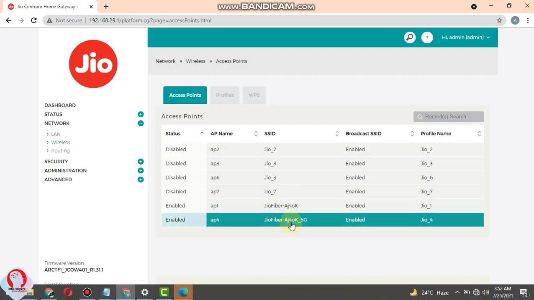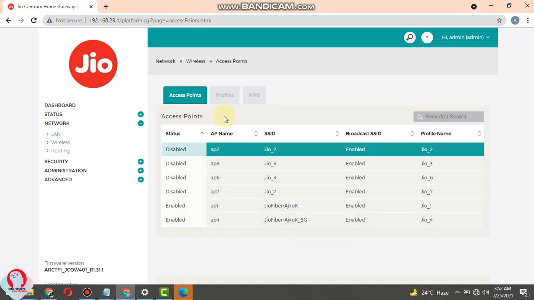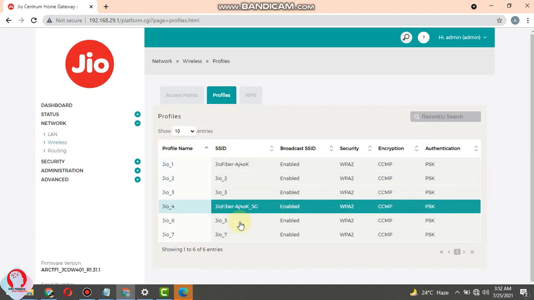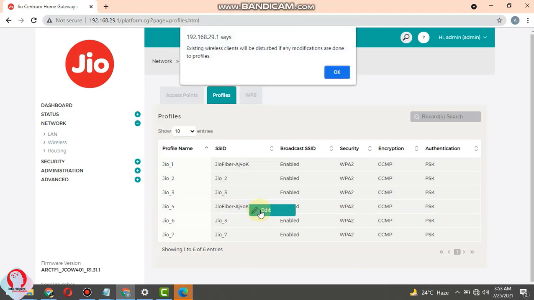If I want to change any one of the wireless names to my own user-defined name, I can click here, or you can directly go to profiles. Go to profiles and select the SSID name or wireless name. Right click on that and click the edit option. It will warn you that existing wireless clients will be disturbed if any modifications are done.